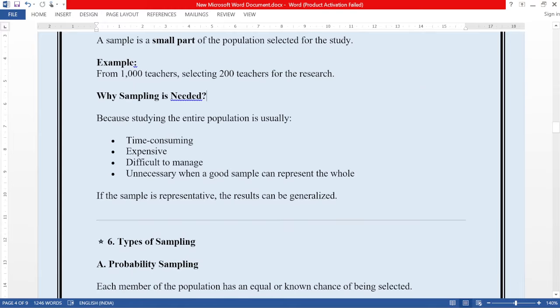Why is sampling needed? Because studying the entire population is usually time consuming, expensive, difficult to manage, and unnecessary when a good sample can represent the whole. If the sample is representative, the result can be generalized. Okay, so you cannot study all 1000 teachers in that particular place, so you are just taking samples from it and you are studying 200 people only. Okay,